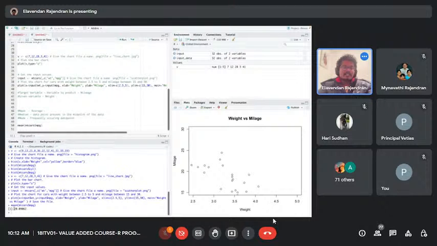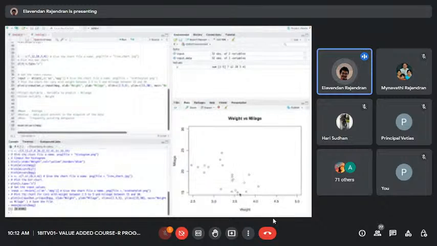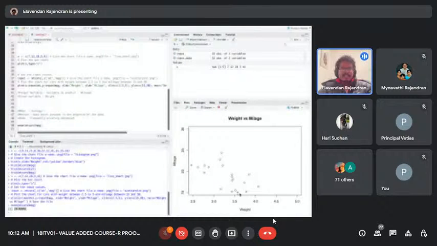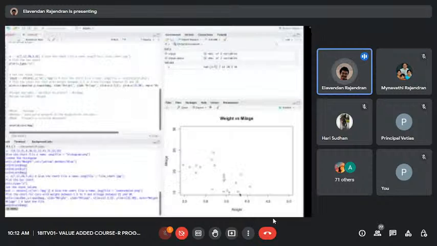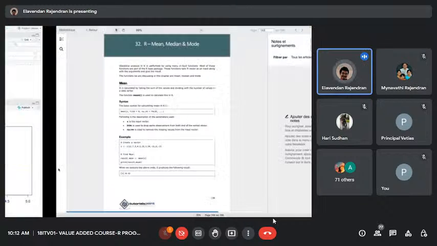You see this? On average, the miles per gallon, or the mileage given by any car, is 20 miles per gallon. We can easily say that, because if we see here, most data points are above this 20 line, and some data points are below. But if we are asked to do that by calculating in our mind, it will be tedious or difficult for us. So that's the reason these functions are present. So okay, we'll do the mean, and then